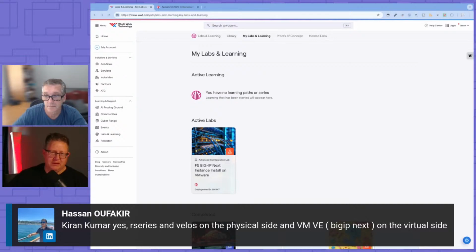Eventually we'll be in the cloud environments with BIG-IP Next as well, so your Amazon, Google and Azure will come. They're not there today, but yes, it'll be both hardware and virtual.